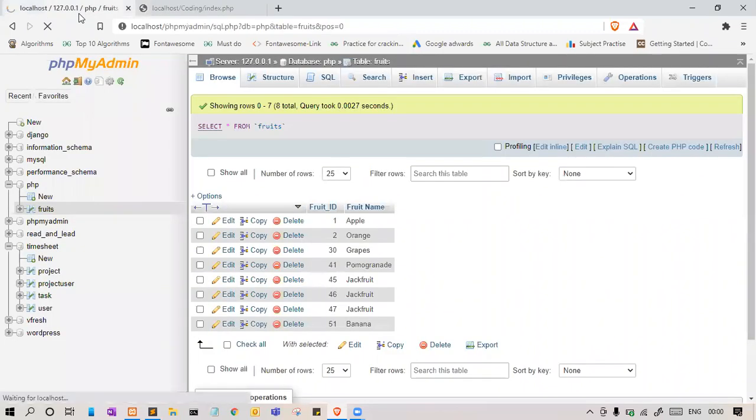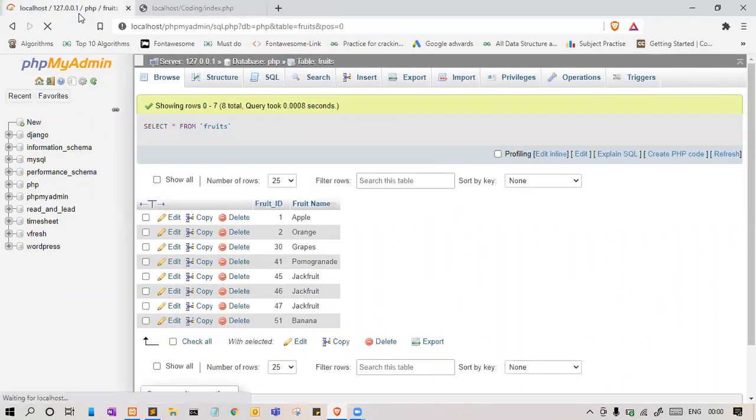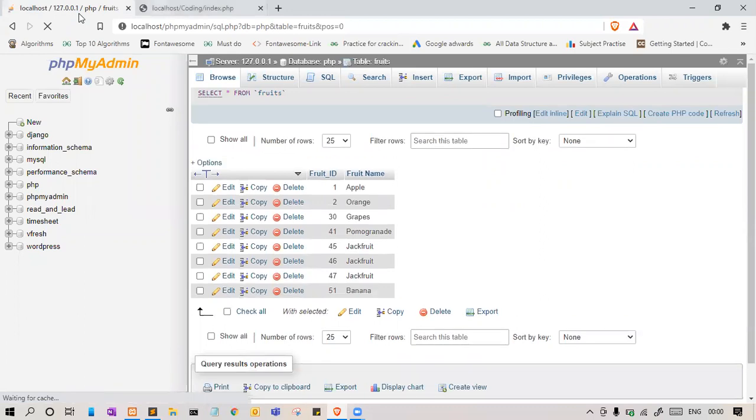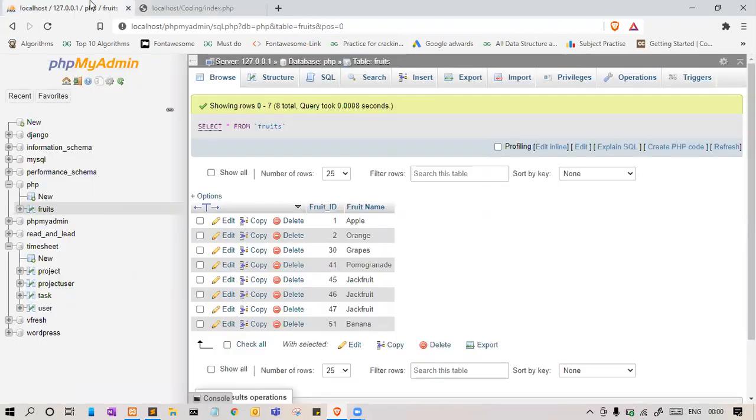The data is refreshed. Let me refresh again. Let us go to the database and check banana. Let us refresh once again, and refresh the database once again.